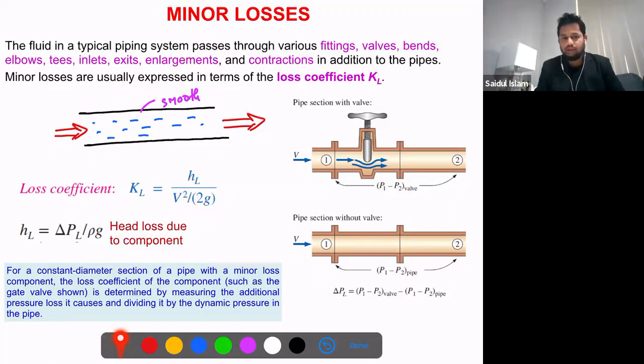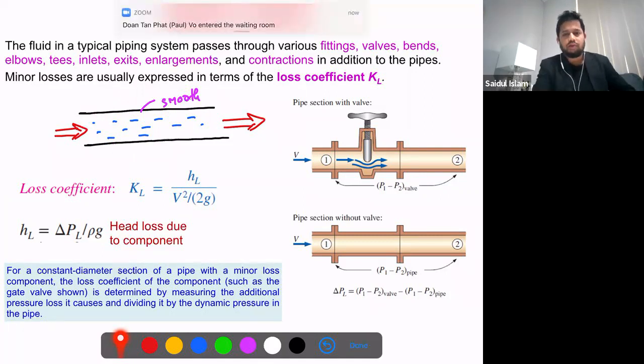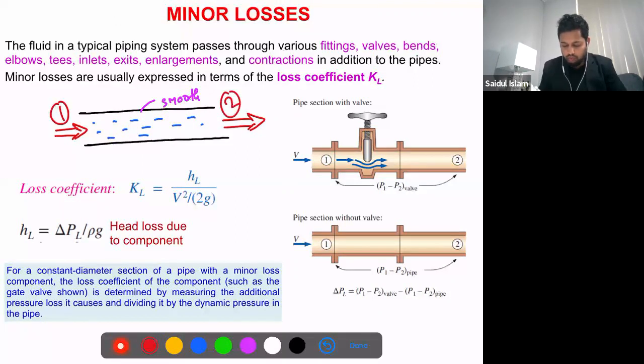What we can expect is that the flow will go in a steady way, a more smooth flow. There will not be that much pressure variation. If we say this is the inlet point 1, this is the point 2, we can say that the overall flow will be so smooth. There will be no loss. Okay, but